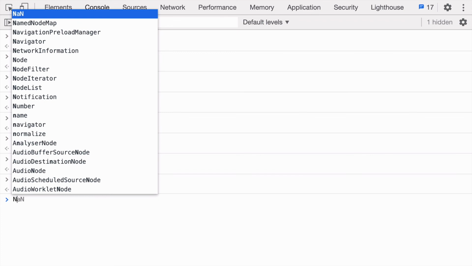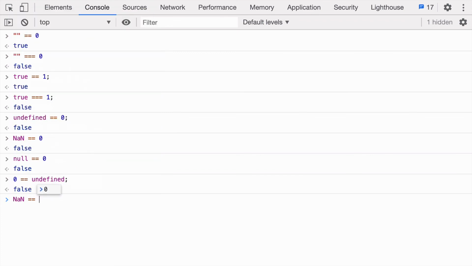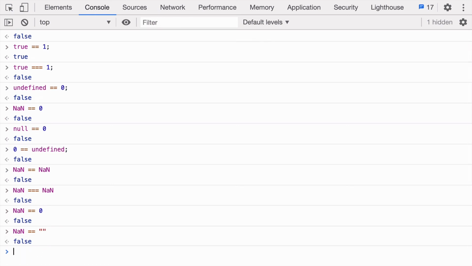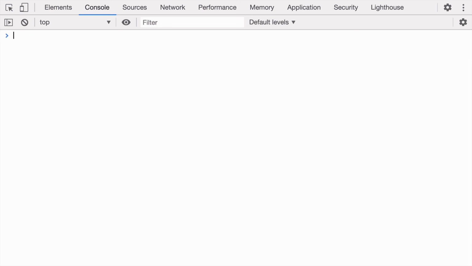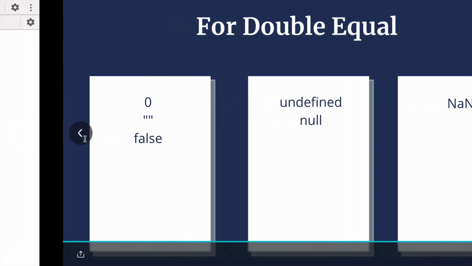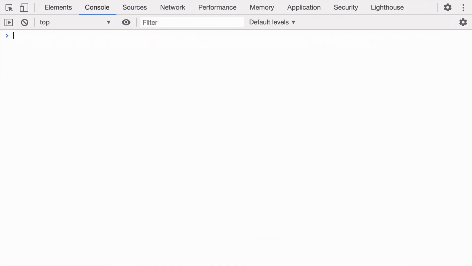Similarly, NaN is not even equal to NaN, even when you're using triple equal to, it will be the same output. Similarly, what happens when we say NaN is equal to any other value like 0? It will be false. If we do empty string, false. But if we do things within a house, that is 0, empty string, and false, that will allow that to happen.